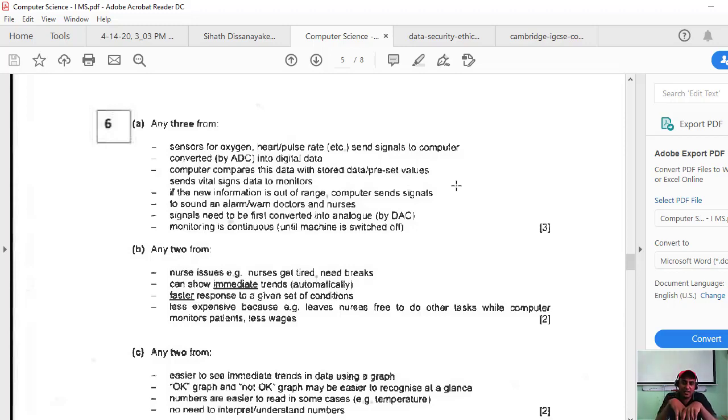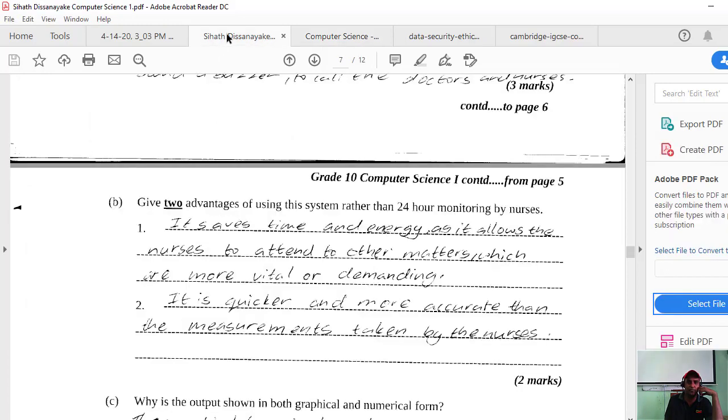They are saying there is a faster response to a given set of conditions. Yes, the response is fast because it is done by the system. Less expensive because it leaves nurses free to do other tasks. You mentioned that point as well. Yes, your answer is okay for that question.